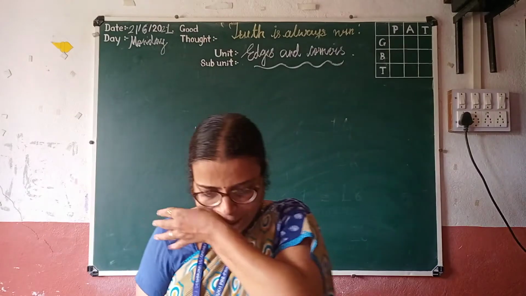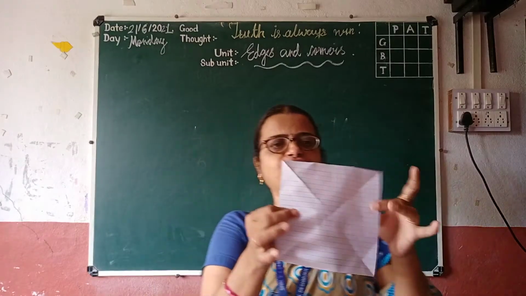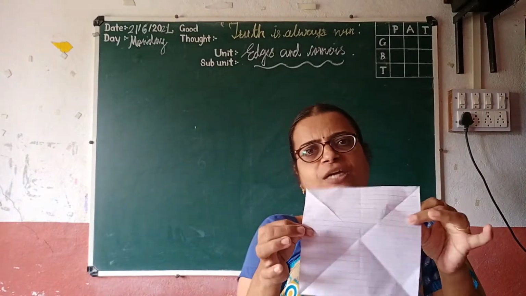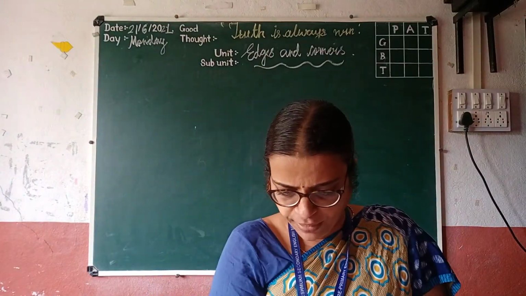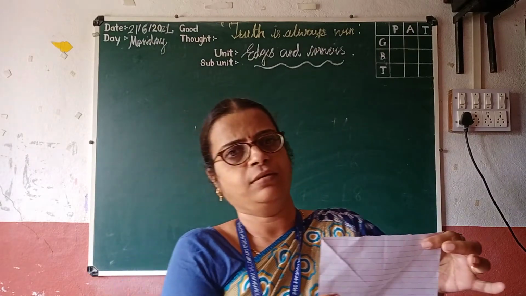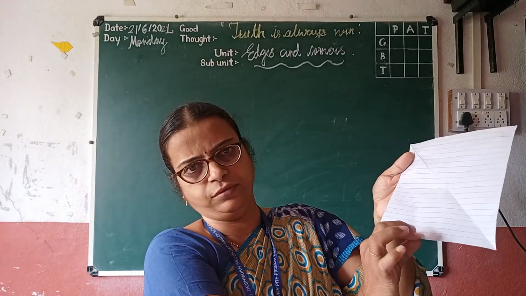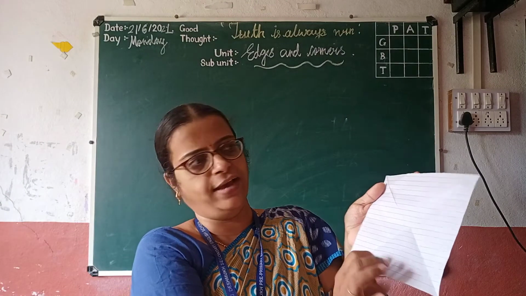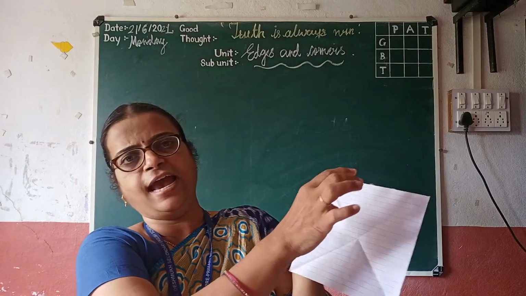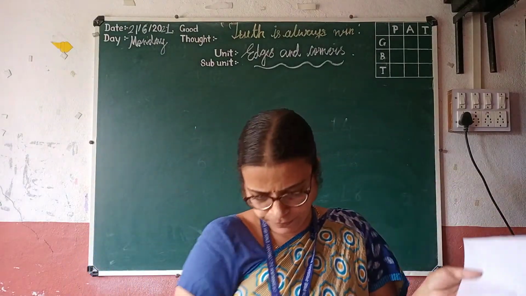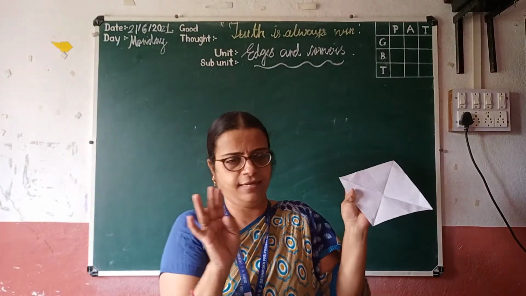Then take a look at a handkerchief, it is a square shape. This is a square shape. I have cut the paper and it is a square shape. You have to take a paper or handkerchief. Then, how many edges and corners does a square have? So, you know it very well. How many edges are there? 1, 2, 3, 4. There are 4 edges in a square. And corners 1, 2, 3, 4. There are 4 edges and 4 corners in a square.